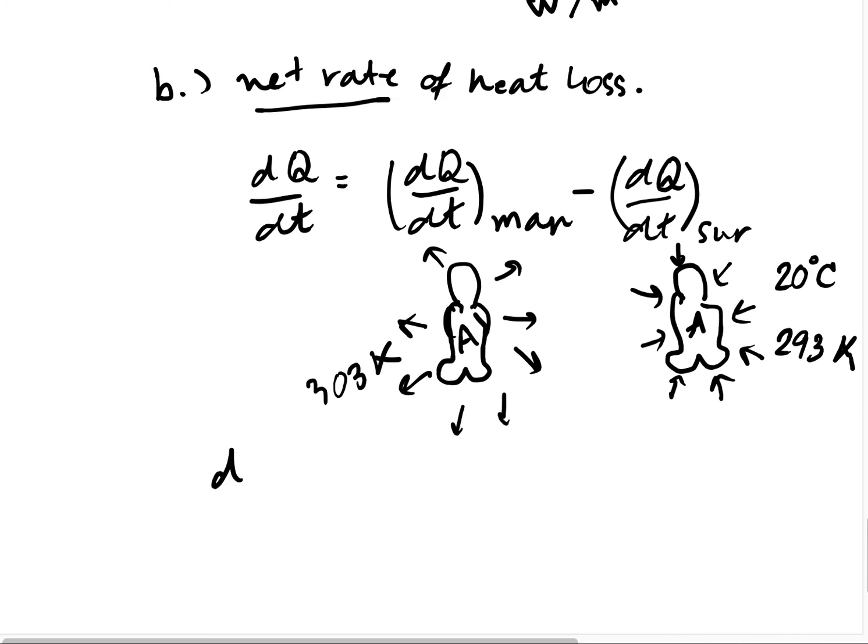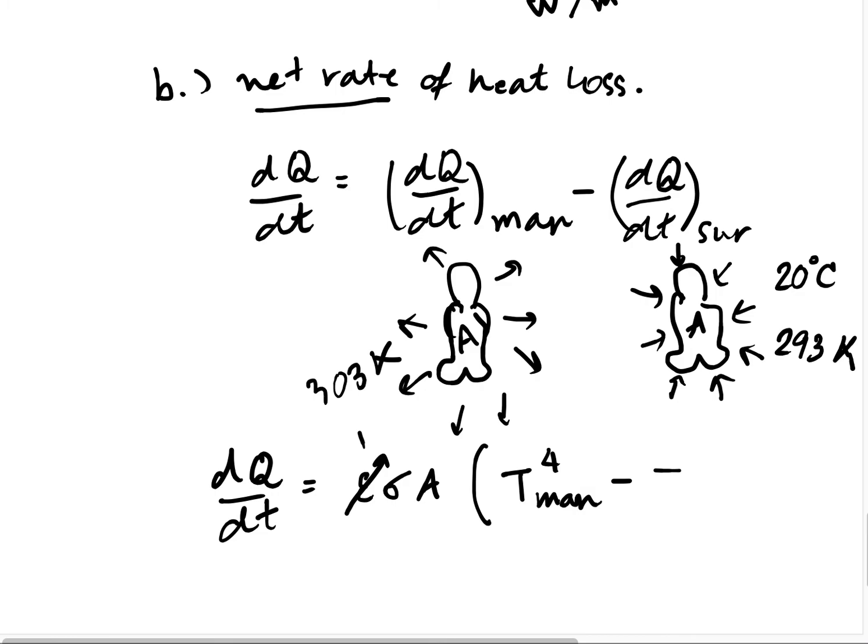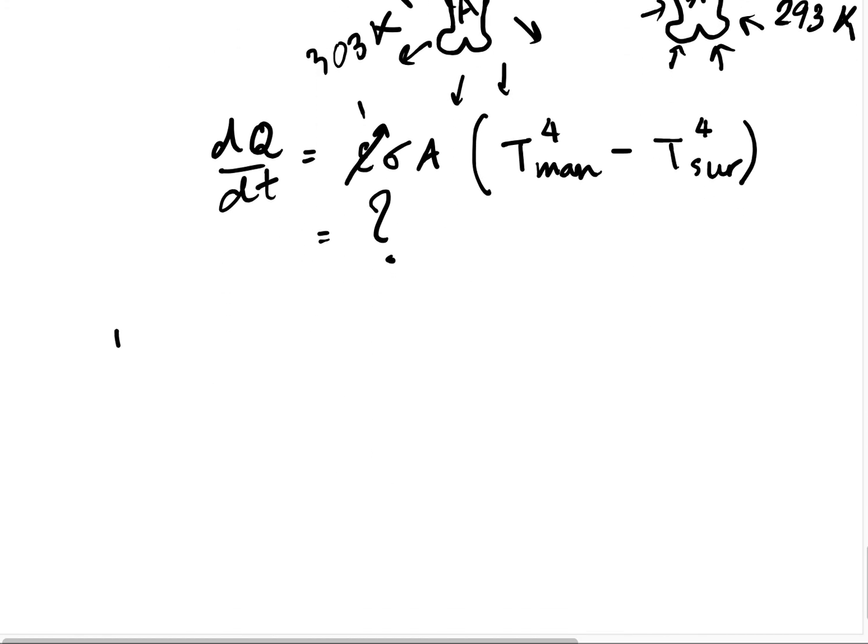So in this case, the net rate of heat loss would be epsilon sigma A. We use the same A. It would be the temperature of the man to the 4, minus the temperature of the surrounding of the man to the 4. Okay, so let's see how much energy you have got. And then the last question,